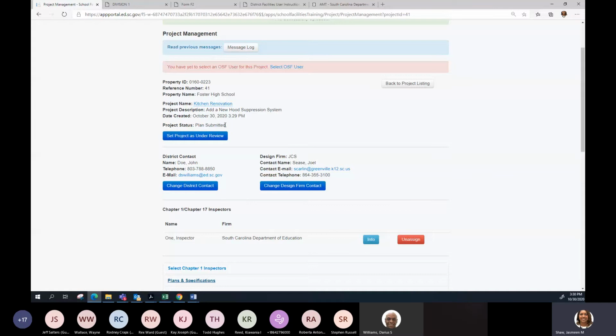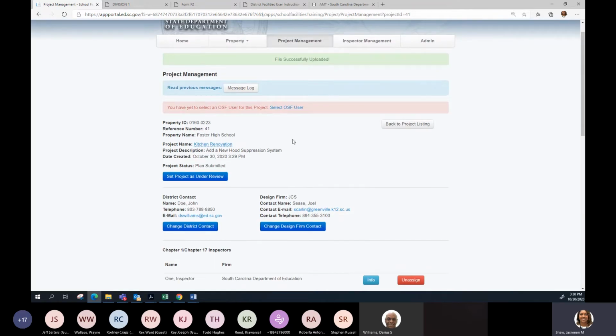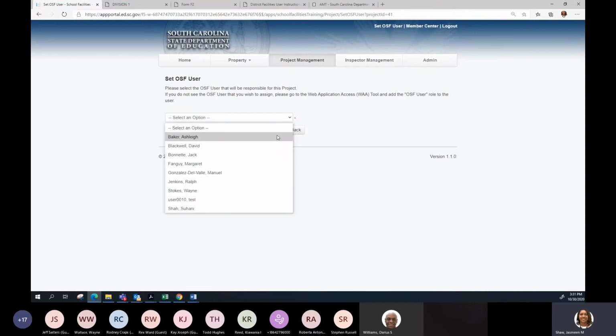And so some little tweaks that I want to do is say plan submitted, and then it'll say plan submitted to OSF. So that's a little bit more clear as to who has what and when. At that time, I get notified to assign a person within our office. So a lot of questions we get is, has anyone been assigned to my project? And so that will be easily answered if you log in and you do or don't see anyone assigned to your project. So I'm going to go ahead and assign someone from OSF to a project.